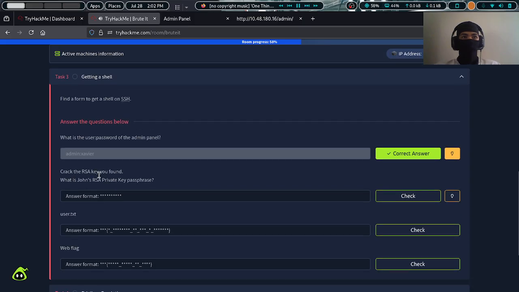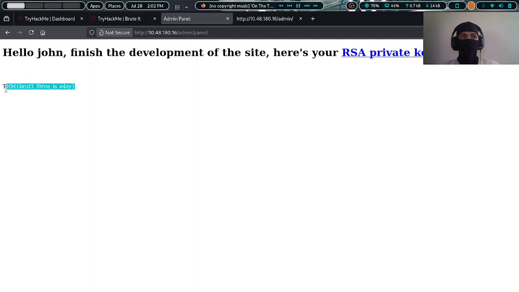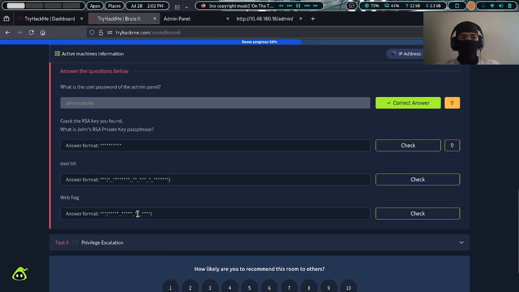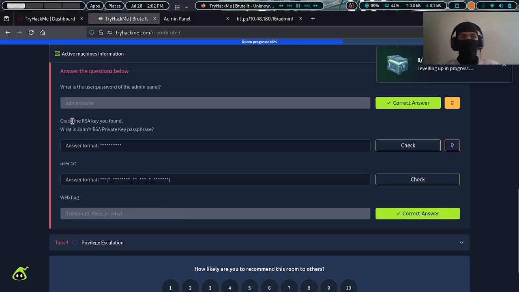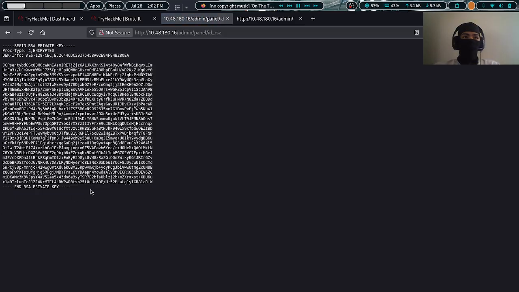Okay, crack the RSA key and find John's RSA private key passphrase. For this, I'm going to copy this and submit it. Web flag, paste. Okay, so we're going to crack John's RSA private key. Here, it says, hello John, finished the development of the site, here's your RSA private key. Copy that